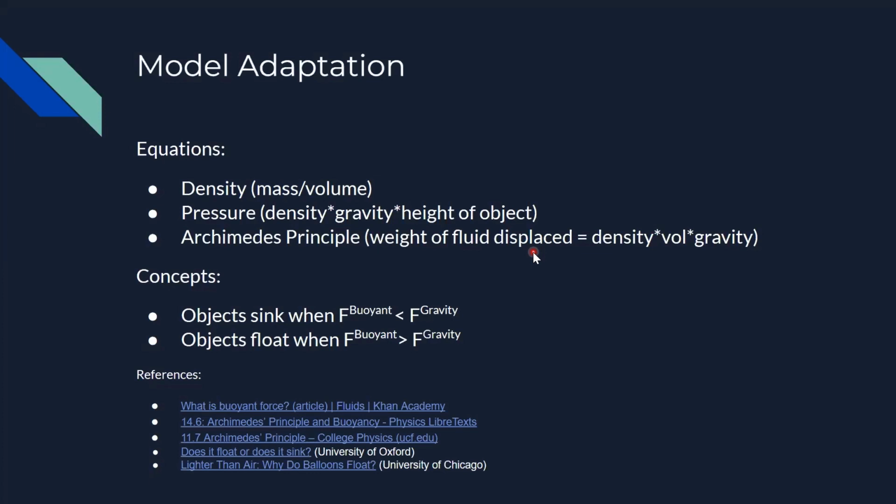Now, some new concepts that are also important that show what buoyant force helps us find is pretty much if an object floats or sinks. An object's going to sink when your buoyant force is less than your gravitational